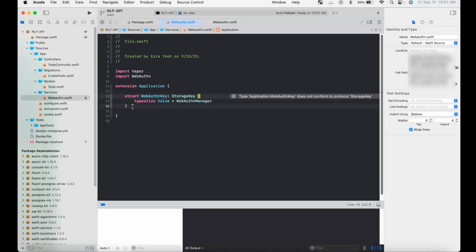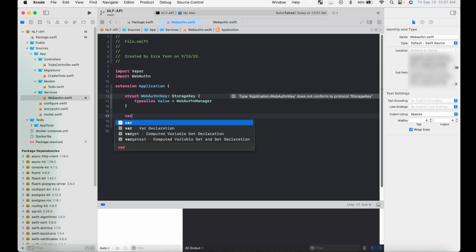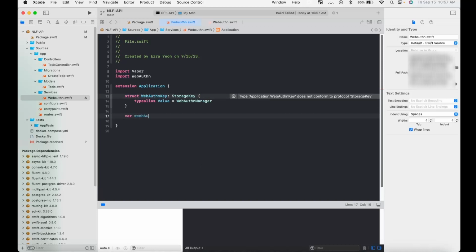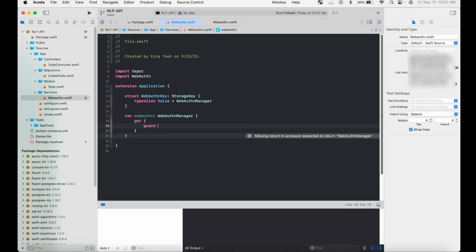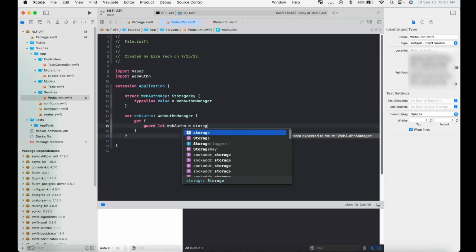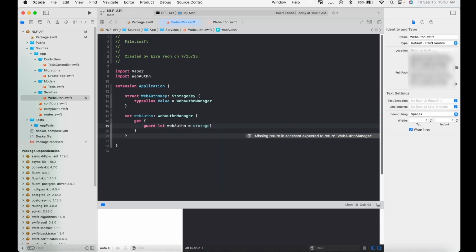Okay, and then from there we will add a variable for our Webauthn, type WebauthnManager. It's going to be a computed variable, so inside we could do a get first. Guard let webauthn equals storage to retrieve it from our storage. The type is going to be our WebauthnKey.self,